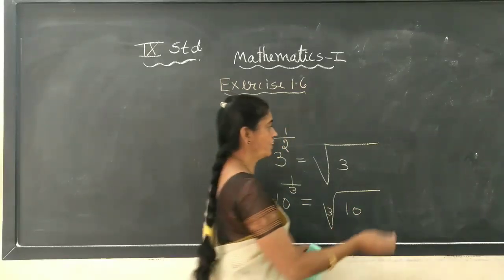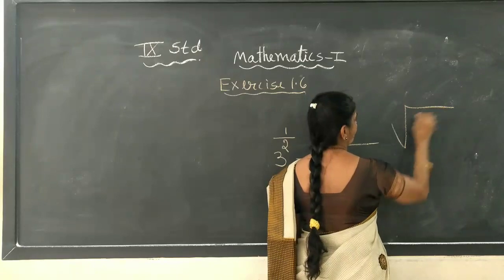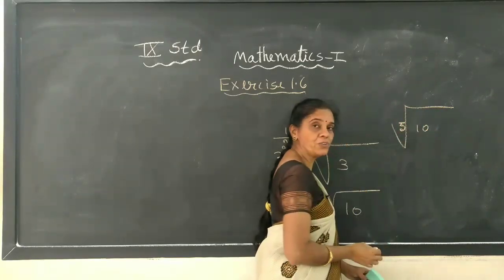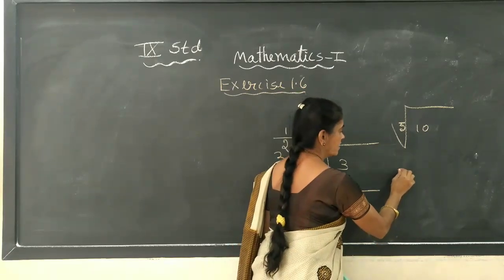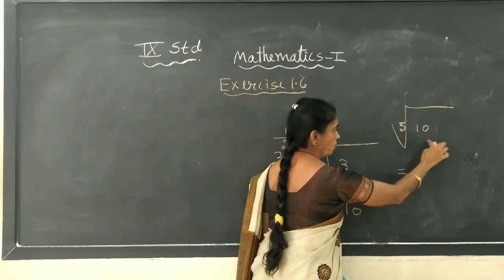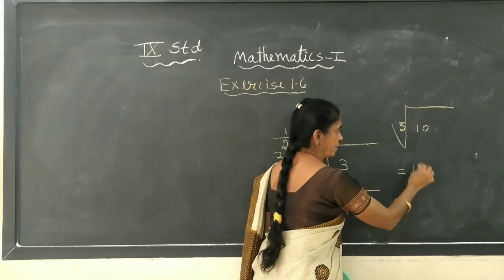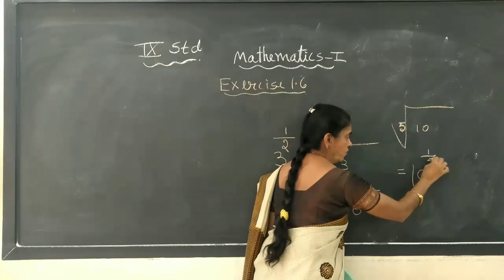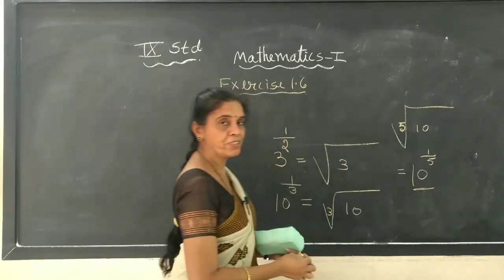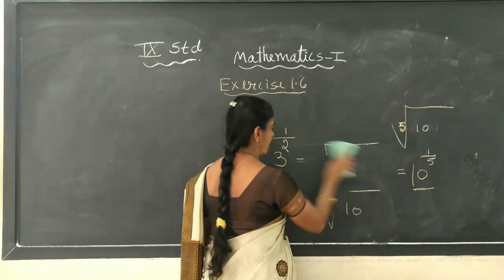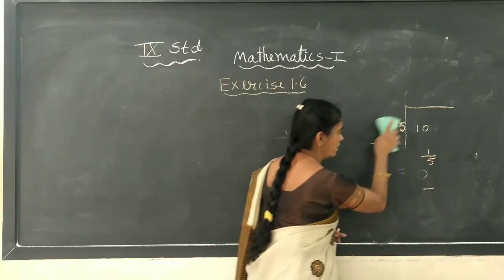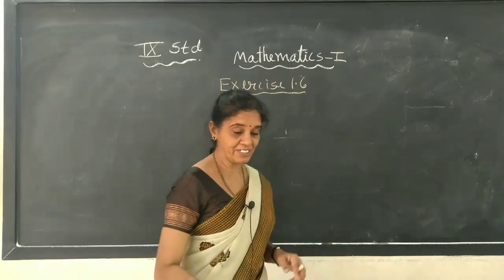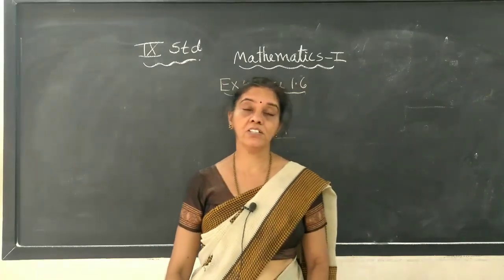Right? Or if you have the fifth root of 10, how do we write it? It is equal to the base number, the base number which is inside, 10, and it is the fifth root. So it is 1 divided by 5. In this way we will write the root number in the exponential form, or if it is given in exponential form sometimes in the exam, we should be able to write it using the root sign.